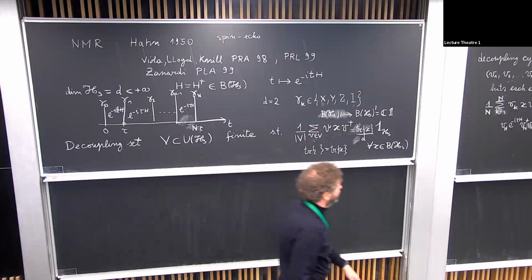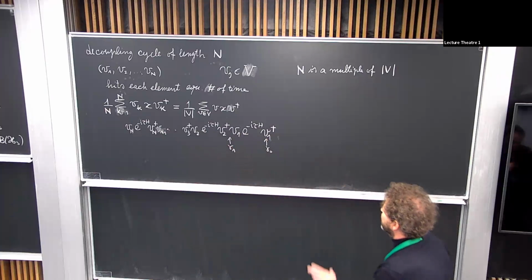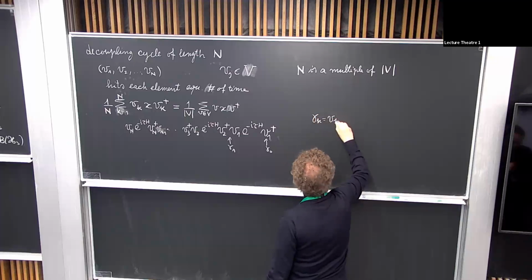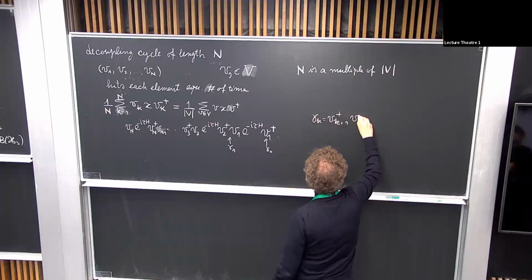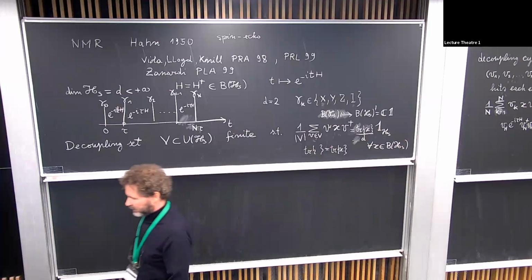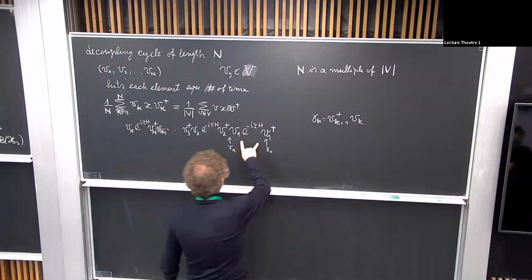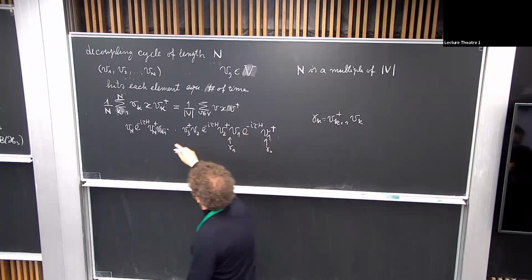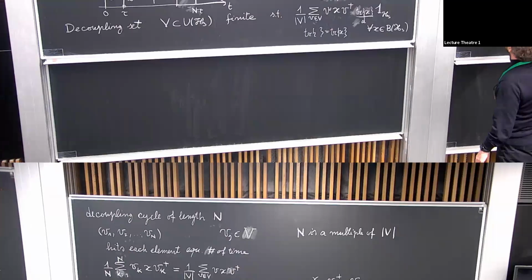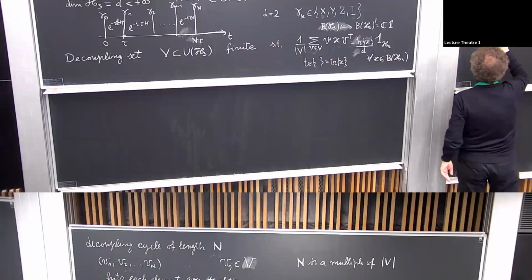Okay. So this is the choice of my protocol. I take essentially gamma_k as just V_{k+1} dagger V_k. So given a decoupling cycle, this is just a set of pulses that I use. And now you immediately see that, let me call this U cycle, the duration of U cycle is n tau, the total duration.